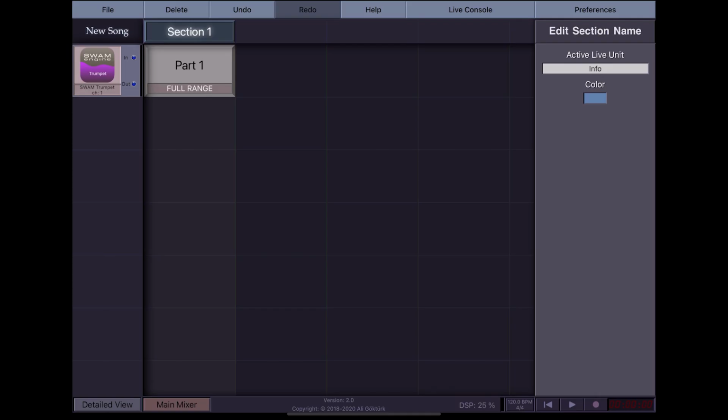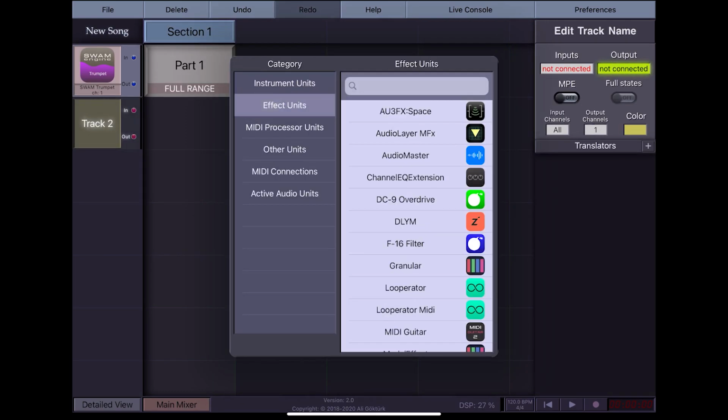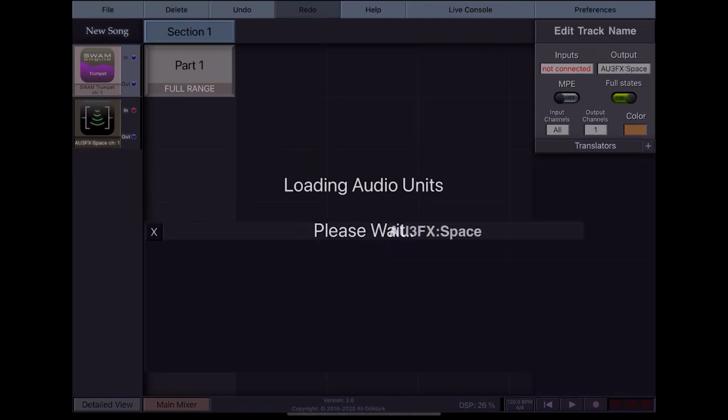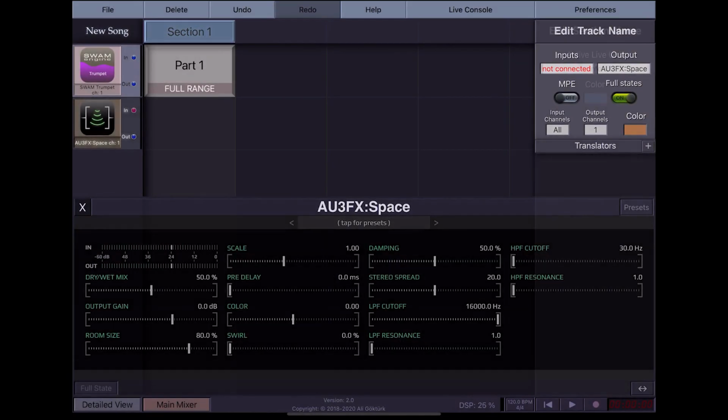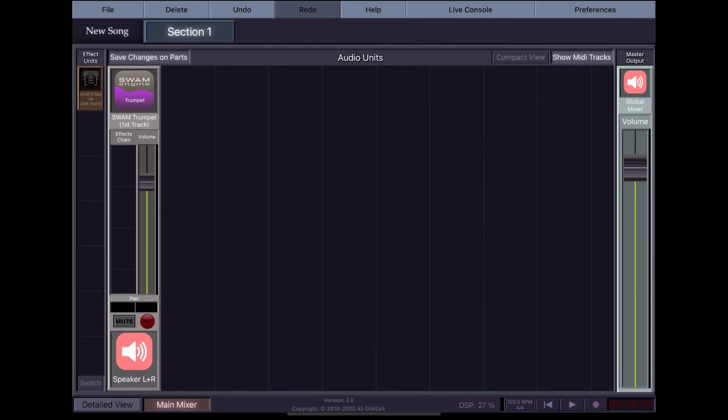Okay, let's move on to the effect units. So let's create a track. I'm going to choose the effect units in the category. I'm going to load this amazing reverb by Chematica. Now, in order to connect this effect, I need to access the main mixer. The main mixer is also a new feature of KeyStage 2.0. And so I have this trumpet, SWAM trumpet instruments by Audio Modeling, and all I need to do is just grab this effect